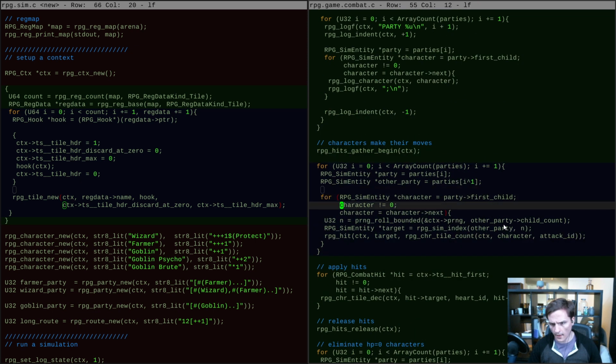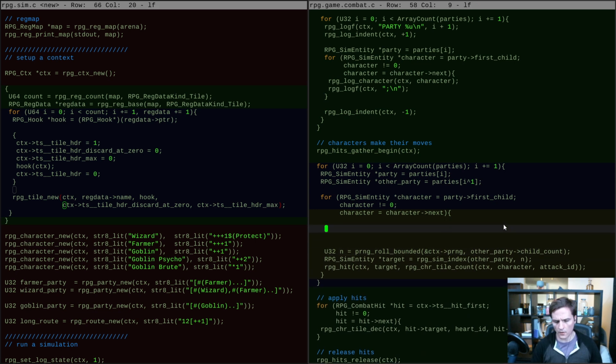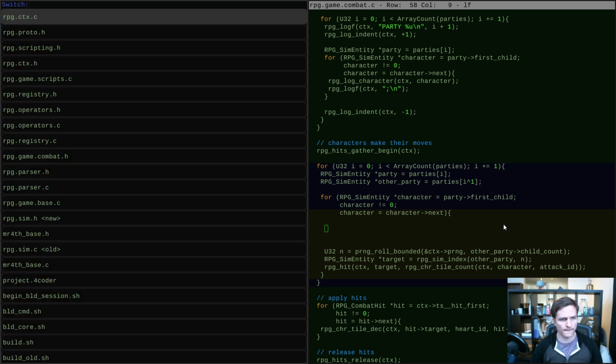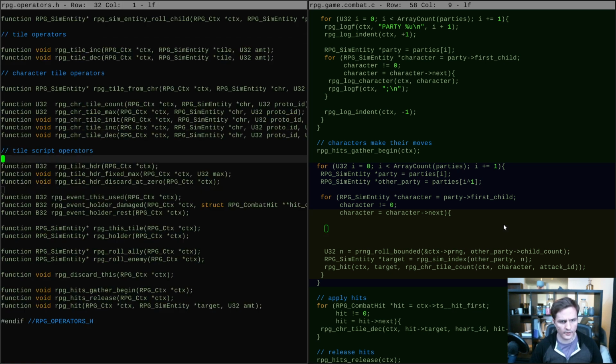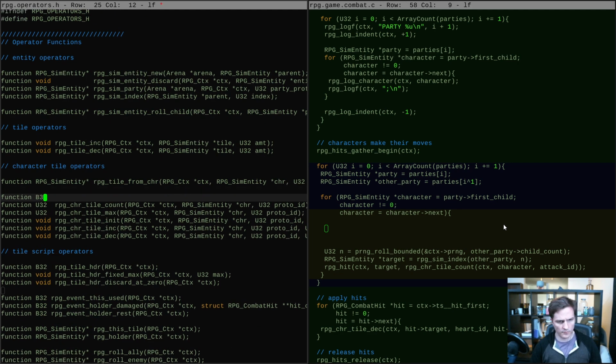And so for each character, we're going to go, okay, look and see with those operators that we have, B32 RPG character tile has